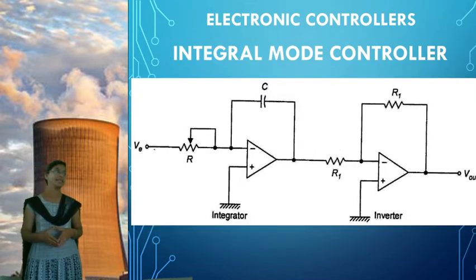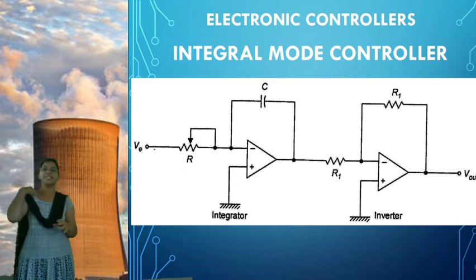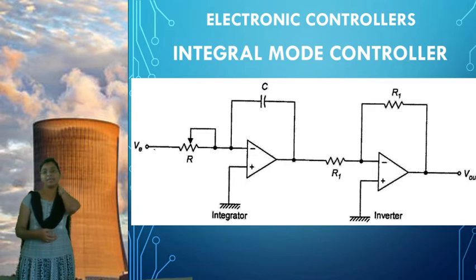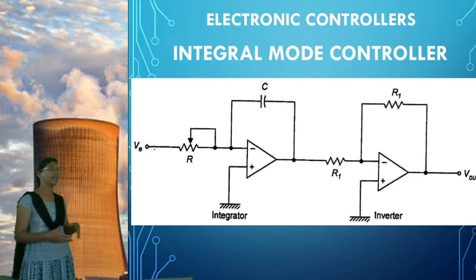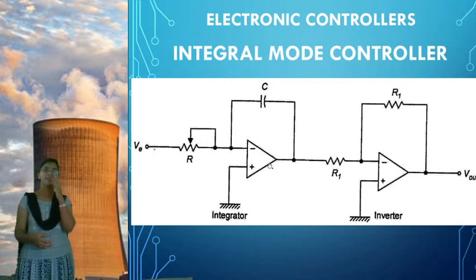Next we will go for the integral controller mode. The name itself, what is meant by integral controller mode? It generates the integration of a particular input. Whatever input we apply here, the value is Ki integration of Ep dt plus P of 0, where Ki is an integral constant and Ep is nothing but the error. That error we connect as an error voltage, and we give that error voltage to the integrator circuit. The integrator circuit you already learned in the LICA subject.